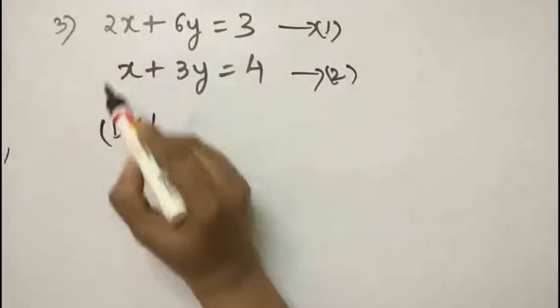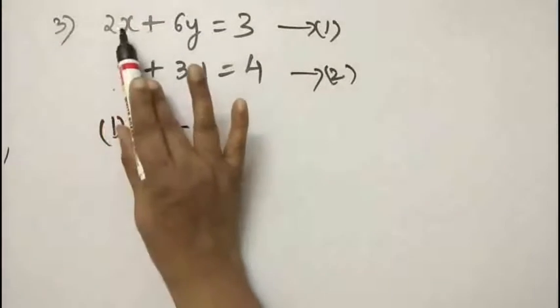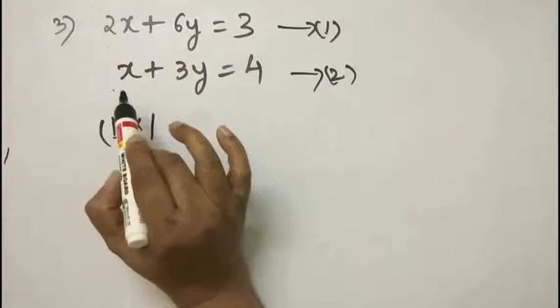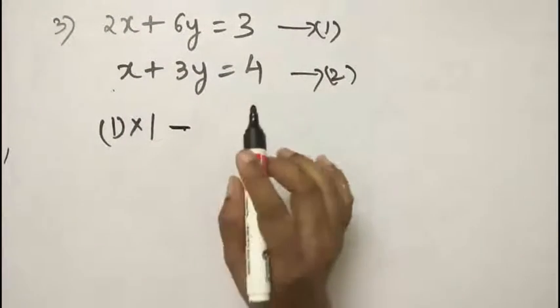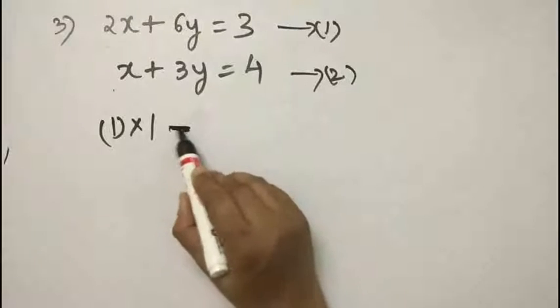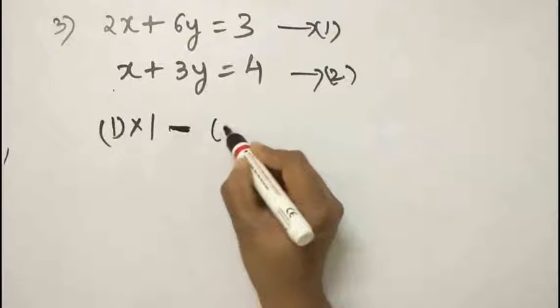Here it is plus n, here it is plus n. So I have to use subtraction. I have to do subtraction, then only these two terms will be eliminated, is it not? So I am subtracting. You can do either addition or subtraction, is it not? So here I am using the minus sign, that is, I am doing subtraction.